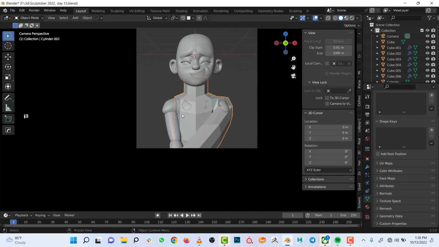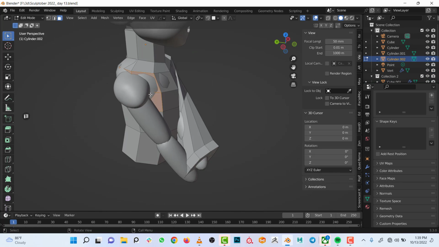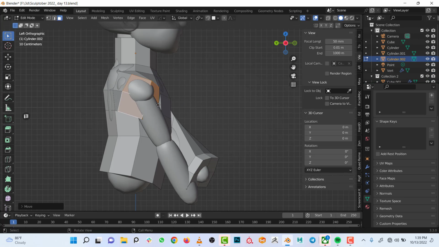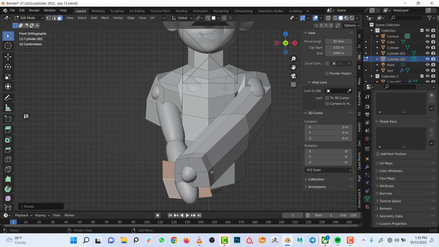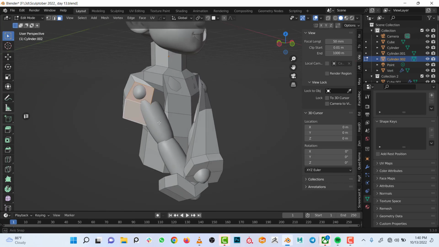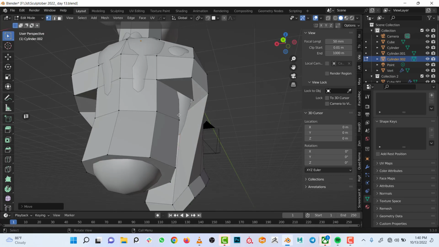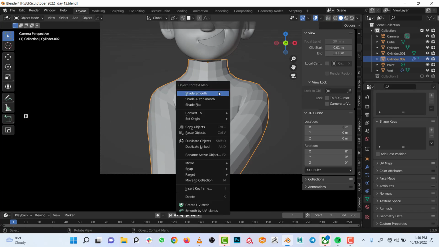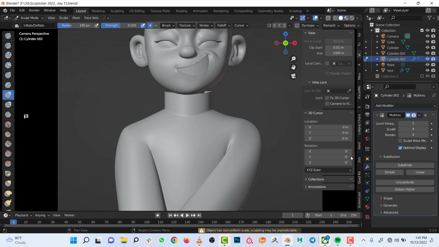So after modeling it in edit mode, I added the multires modifier and sculpted it just to give the clothes more of a fabric feel. So I added some folds and some other stuff, which I will show right now. So after adding the clothes in edit mode, I then